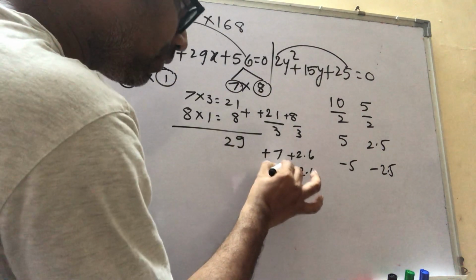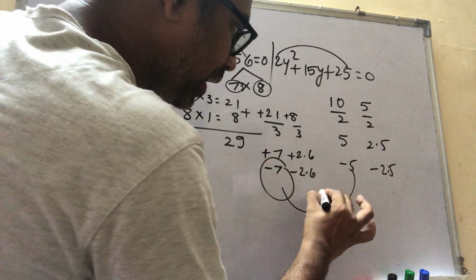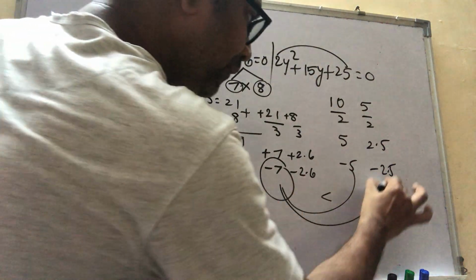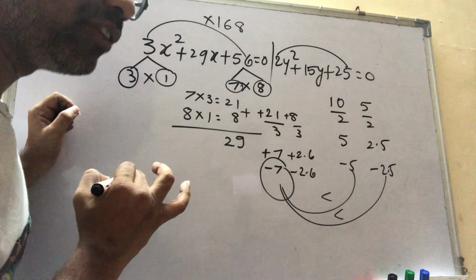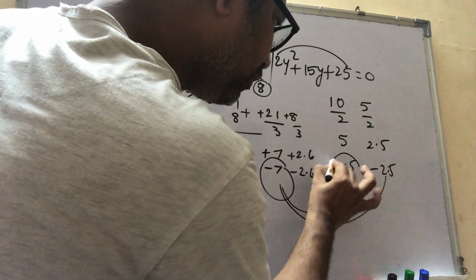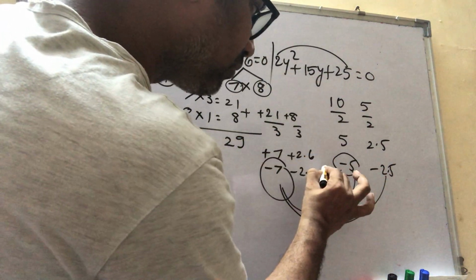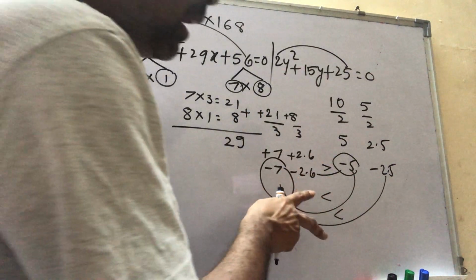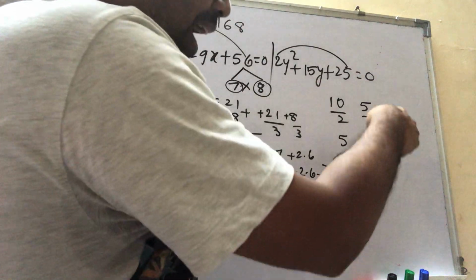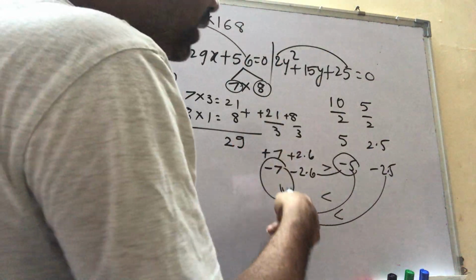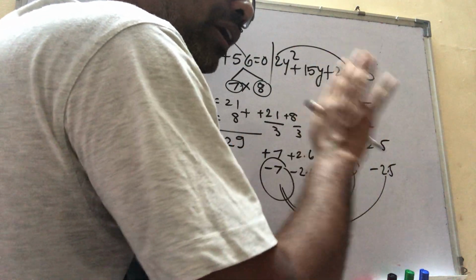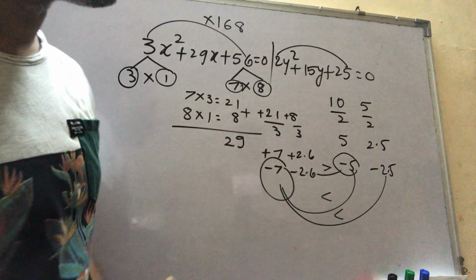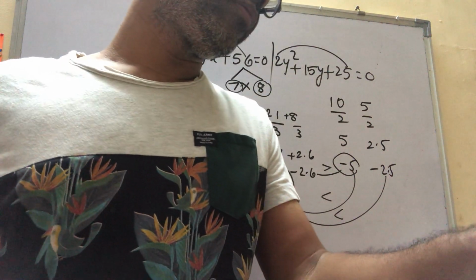So when you compare this minus 7 with minus 5, obviously minus 5 is greater. And when you compare minus 7 with minus 2.5, obviously minus 2.5 is greater. But when you compare minus 5 with minus 2.6, obviously minus 2.6 is greater. So again the same condition we got here, that for the same equation, once y is greater and once x is greater. If so, what is the answer? Relationship cannot be determined. Hope you understood this, how to find the factors when multiplication comes in 3-digit form.